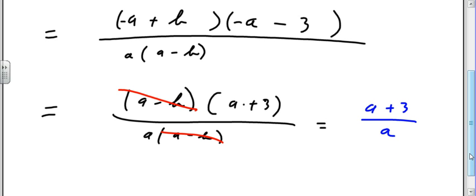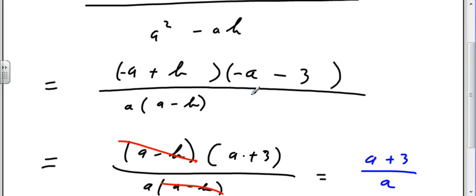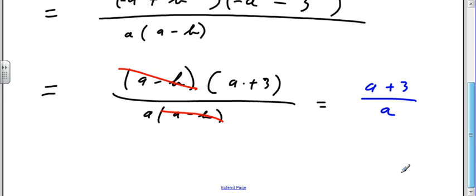Was that sneaky enough? Yeah, that was pretty sneaky, wasn't it? So first of all, I had to factor the top right. Then I had to figure out what to do with these minus signs. So I took the minus sign out of here and applied it to that side. And then I had to cross out the right things. Yeah, I think I should put that one on a test sometime because that'd be cool. All right,